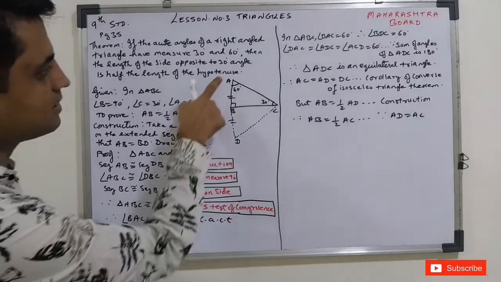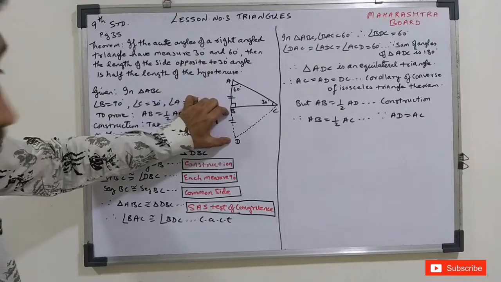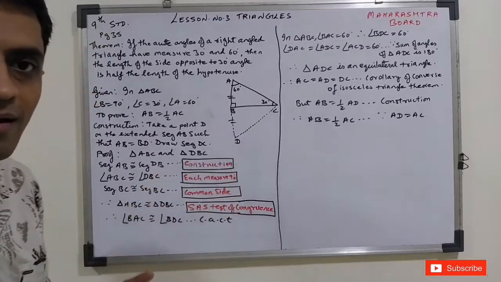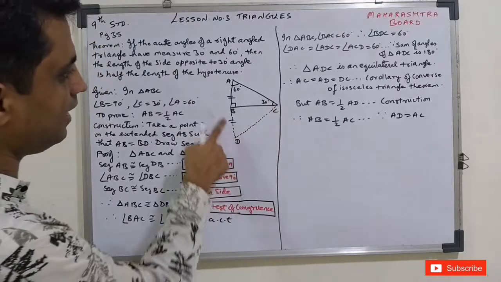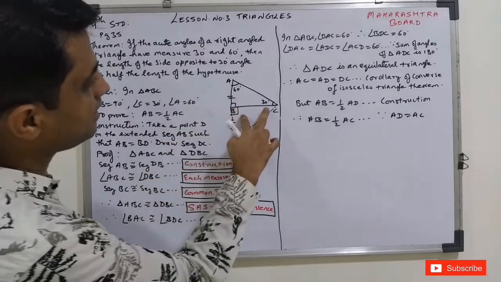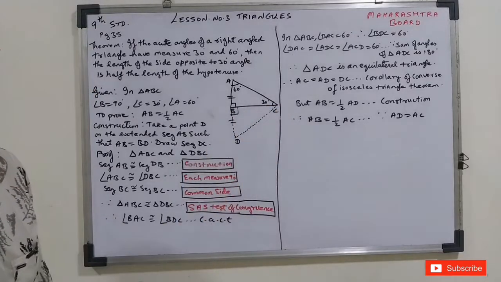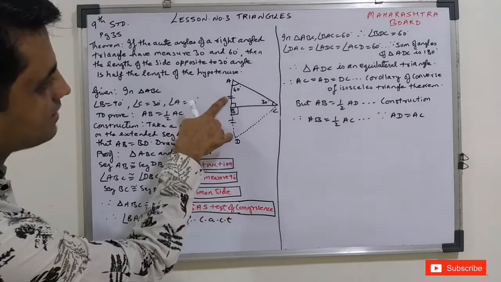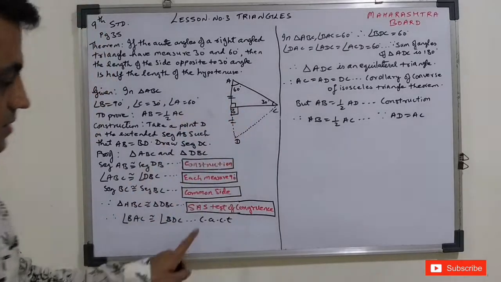Now in these two triangles, AB is equal to DB. Why? By construction. It was an activity question, that's why it is written in red. Now angle ABC is congruent to angle DBC. Why? 90 degrees each. Then BC is congruent to BC. Why? Common side. So both the triangles are congruent by which test? SAS test.